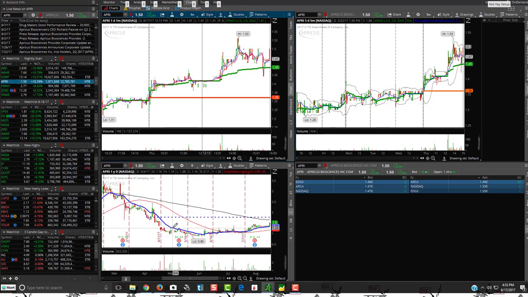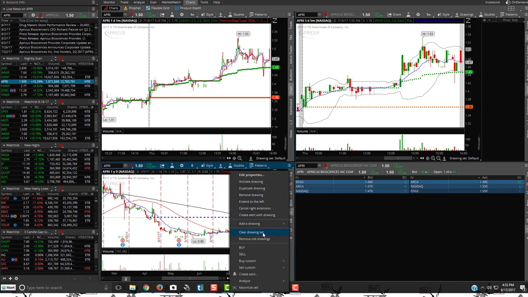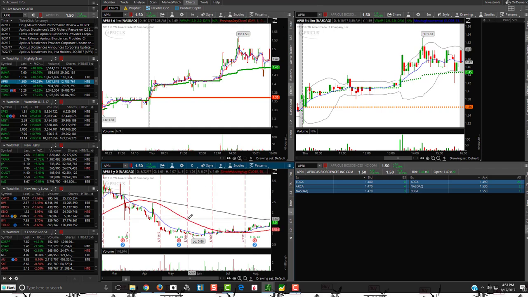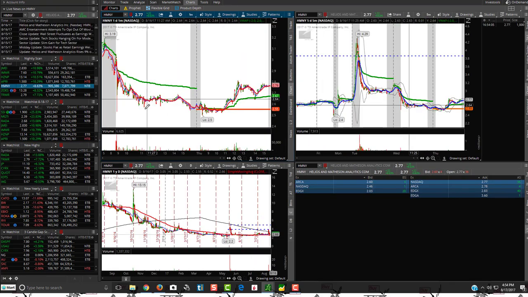APRI. It's really kind of choppy looking. But there's some resistance right at the 200 SMA, right at that 1.65 marker. So see if it can clear that. So see if it'll break high of day today. And then if it'll break the 1.65, you know, if it does, it might have a chance to run. So I don't love it for the volume and a little choppy, but it's one to watch. APRI. HMNY.